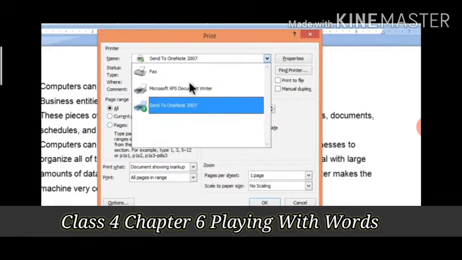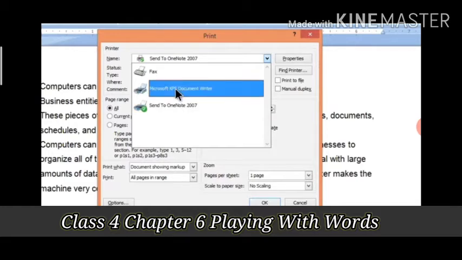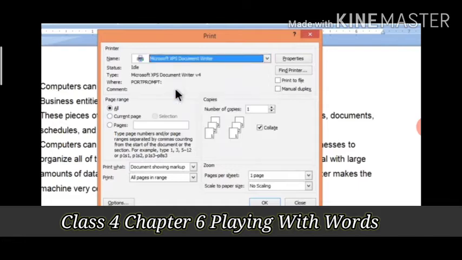that is connected. We'll select that printer and then we'll move to the page range, meaning whether we want all pages to be printed, or the current page in which the cursor is there, or we want particular pages to be printed. That we can select from this page range. All is already selected.